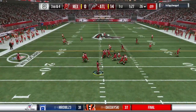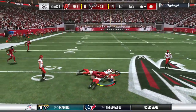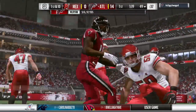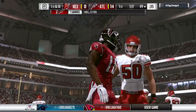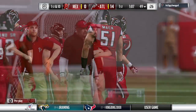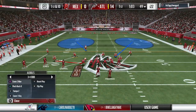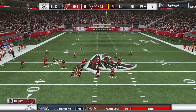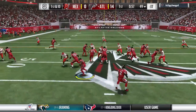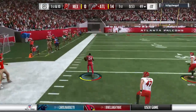Here's Ryan to throw. Finding Gabriel, complete. And he takes this one just shy of midfield all the way to the 49. A great job pulling that one in from a guy, as we know, who can really blaze. He's got a lot of speed. And that speed can work for him so many different ways. Sometimes he just takes off and just runs past people. Sometimes you get people to back off so far that you can catch everything underneath. But still, at some point in the game, you probably have to make some...